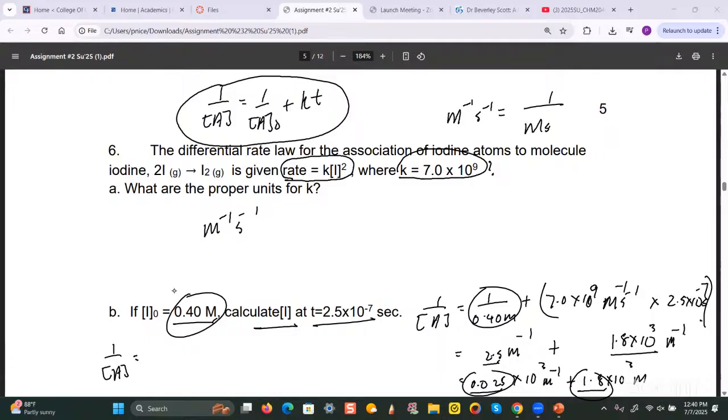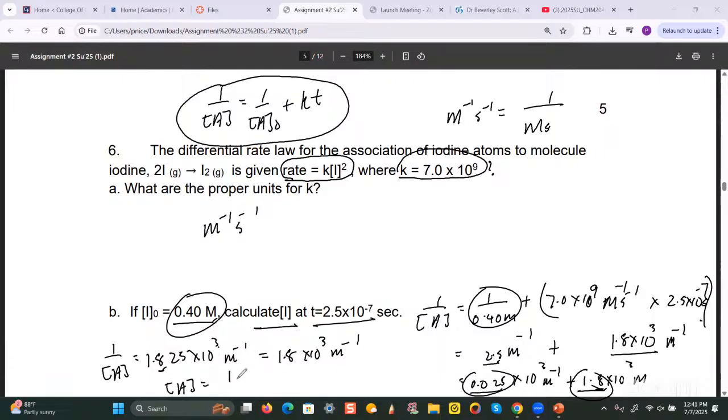On your calculator display, you're going to get 1.8025 times 10 to the 3, but you have to round off to 1 decimal place here. So you have to round off the coefficient to 1 decimal place. So when rounded off correctly, you're going to end up with 1.8 times 10 to the 3 M to the minus 1. But we're not finished yet because the question is asking for you to calculate the concentration of A,